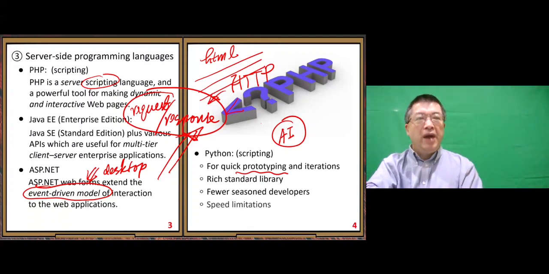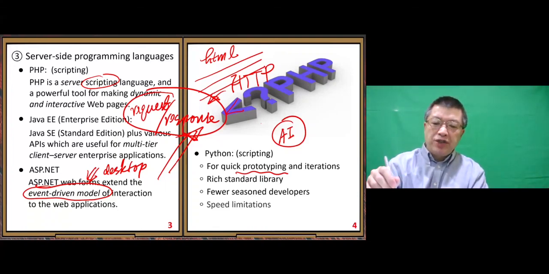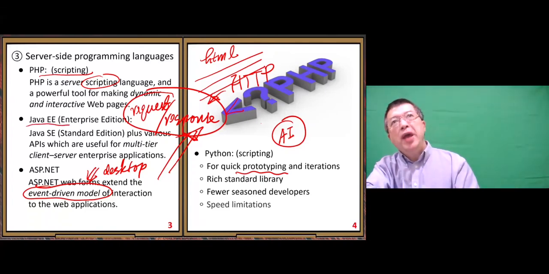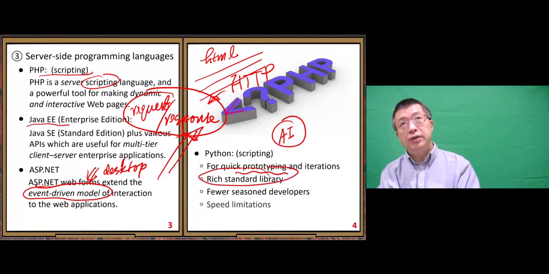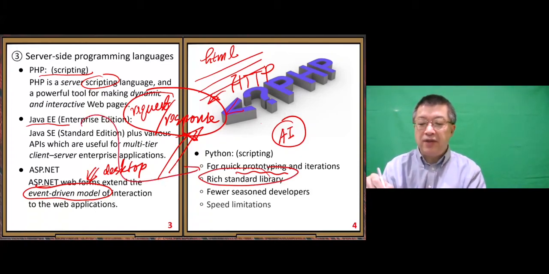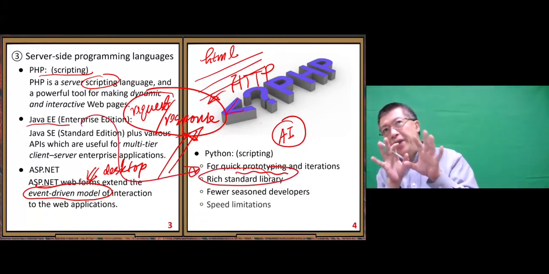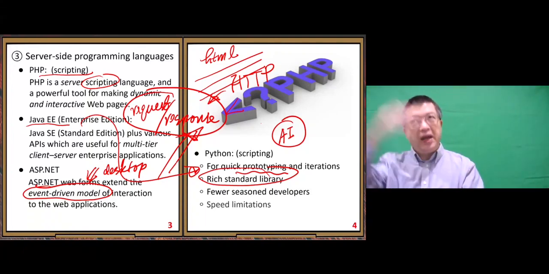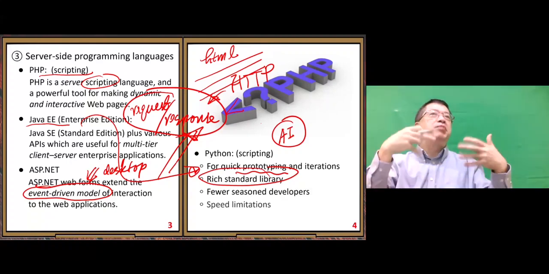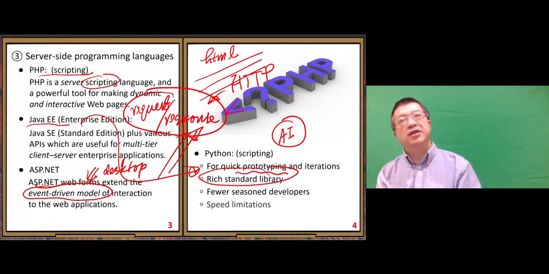But there is another way to do it. For example, you can use PHP or Java EE as your main programming language at the server side. But when you need to call those rich libraries, which is very important, you can connect to Python. You can find some way to call Python functions, then you get the result and process the returned result. So there's another option. All right,